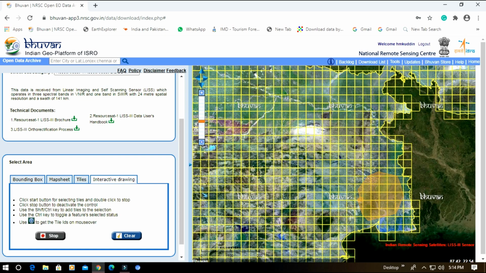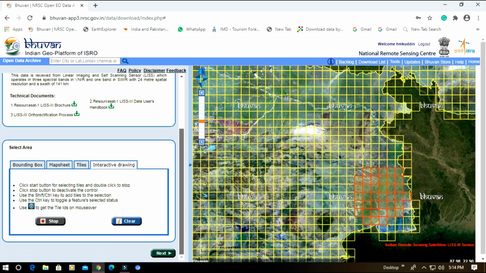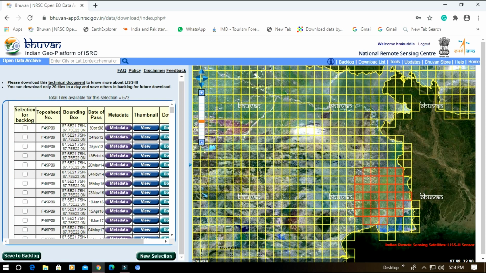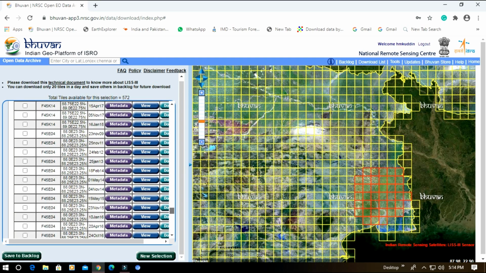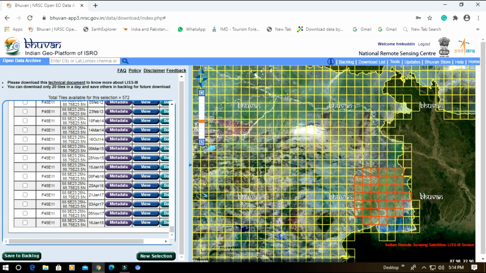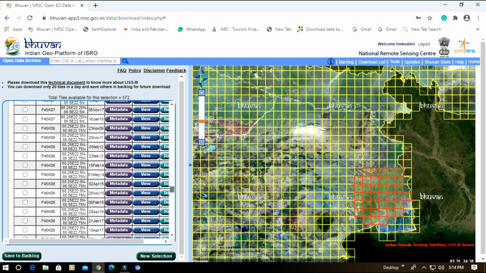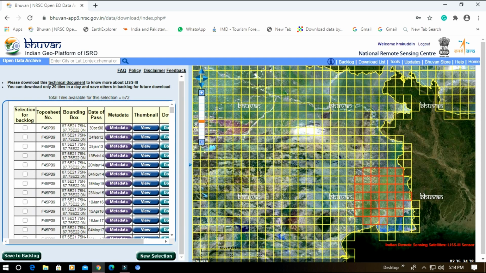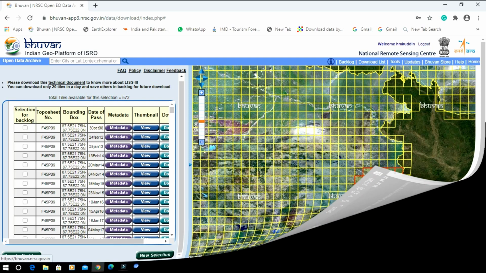The tiles will be automatically selected, and then clicking on next, you will be able to see the entire satellite image of different dates. In this way, you can easily download free geospatial data from the Bhuvan portal or Indian Geo platform of ISRO.